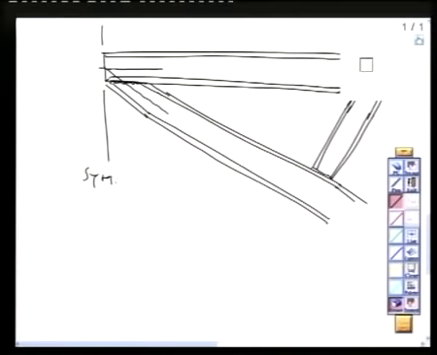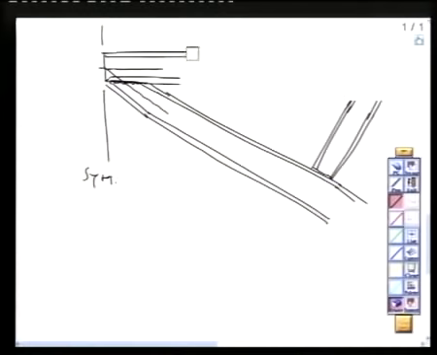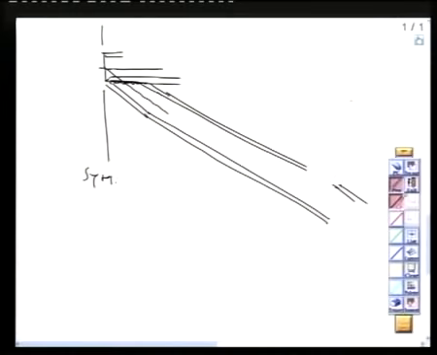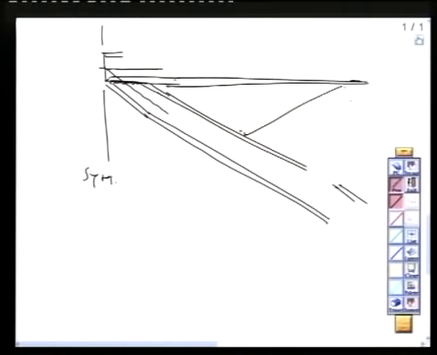So, if I want to draw it more correctly, it will be something like this. See. And finally, of course,